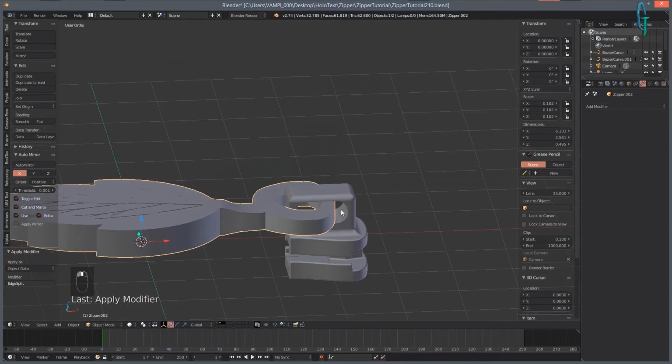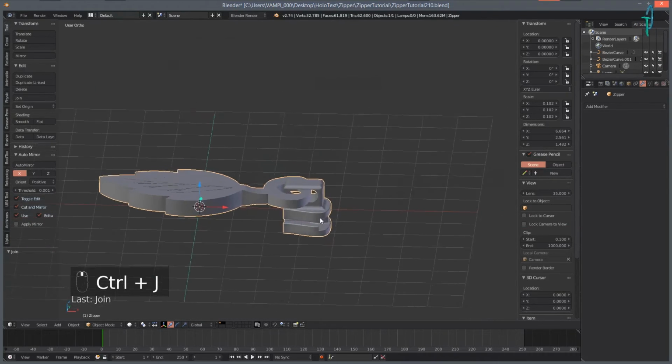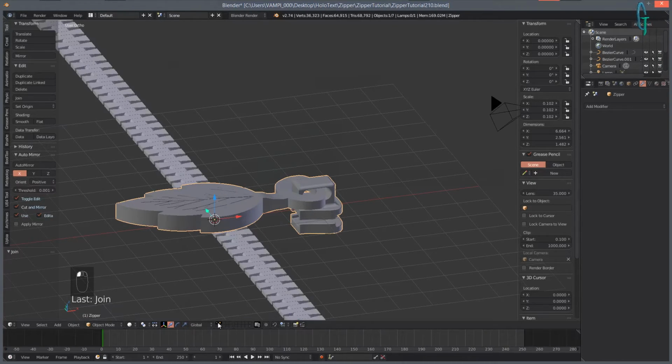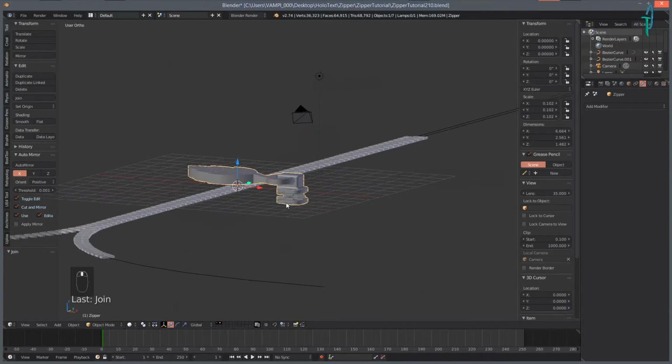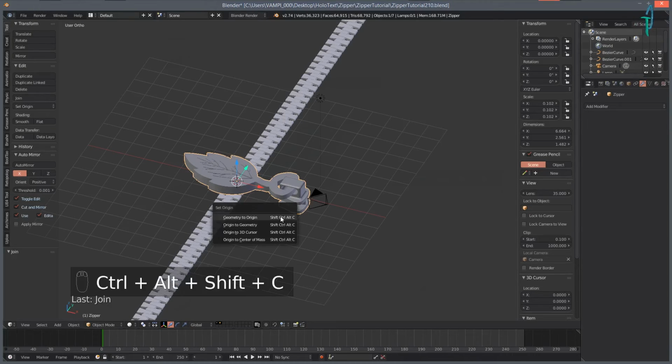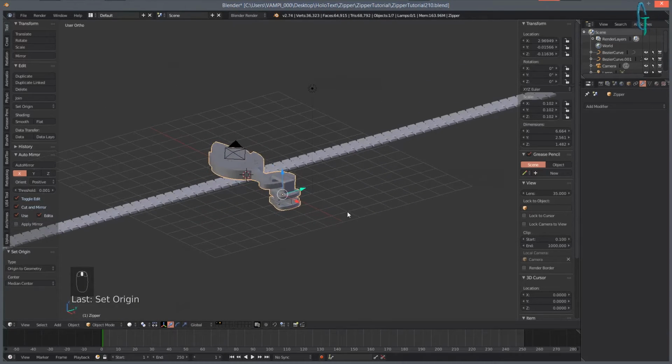Let's apply it. Then let's hold down Shift and click on this other one. Let's press Control J. And there we go. Now we got everything lined up and looking good. So we could go ahead and Shift click this other layer to bring the pull tab in here, and we are going to press Control Alt C, and we are going to put the origin to geometry, and we're going